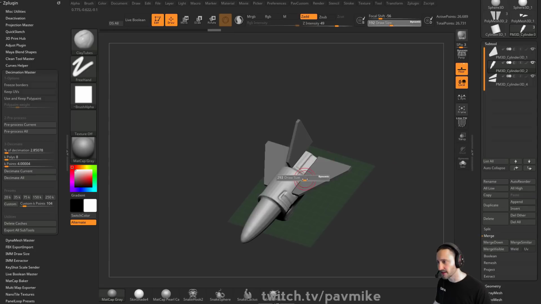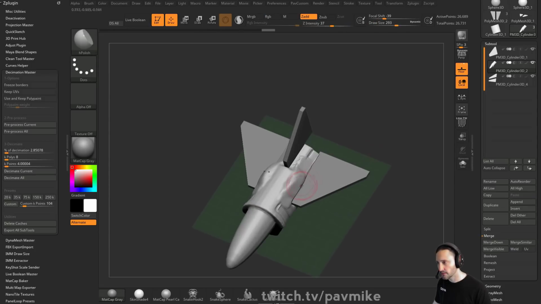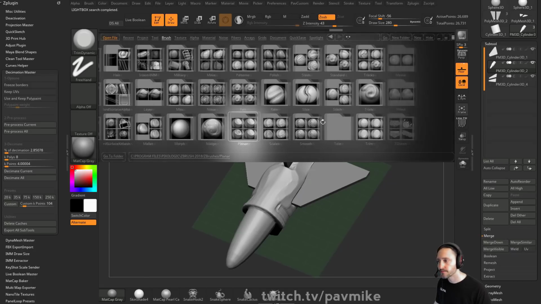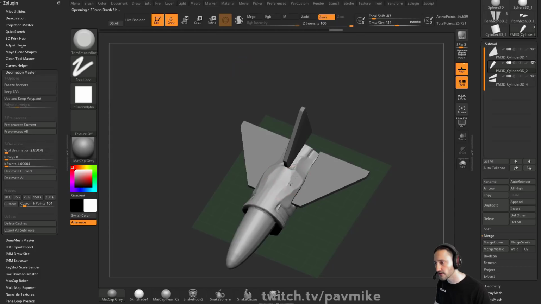You can also just use stuff like clay buildup if you want to just explore some shapes. You can use H-polish to go through here and refine them a little bit. You can use trim dynamic if you want to. Trim smooth border is another one. If you go up here to brush and go down to trim, trim smooth border is another good one. You can just pick a plane and it'll